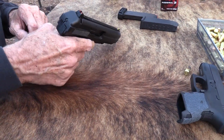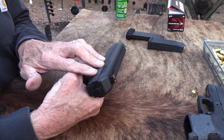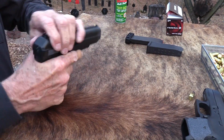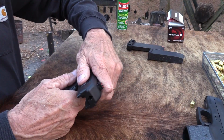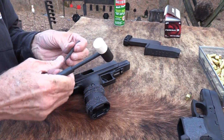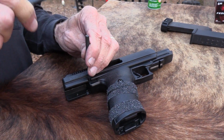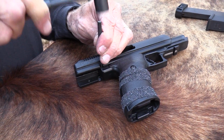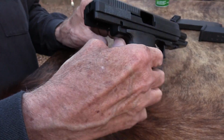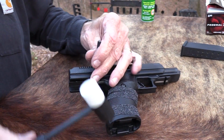Okay, I'm going to try to do the other one now. And again, to be honest, I've only field stripped this one time, but it's a little more of a deal. We're clear, you lock back the slide, and then you punch out a roll pin that has to come out, and I happen to have this with me. I don't keep it in my pocket or anything. I'm trying to lose parts here. Like I said, if we have to break here, cut the film, which we don't do very much, do we? We will, but